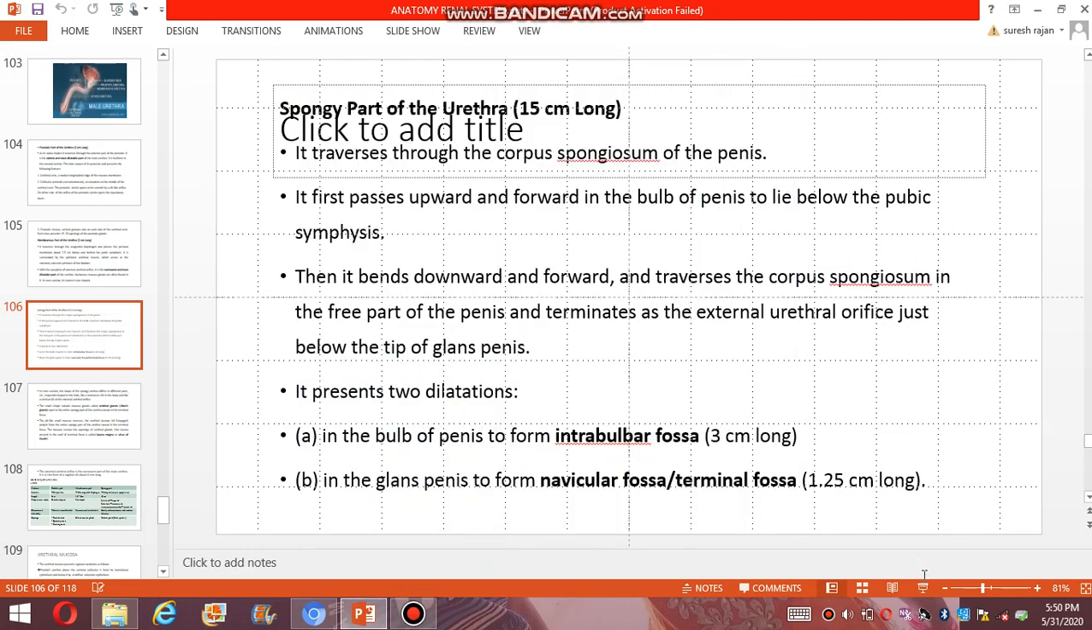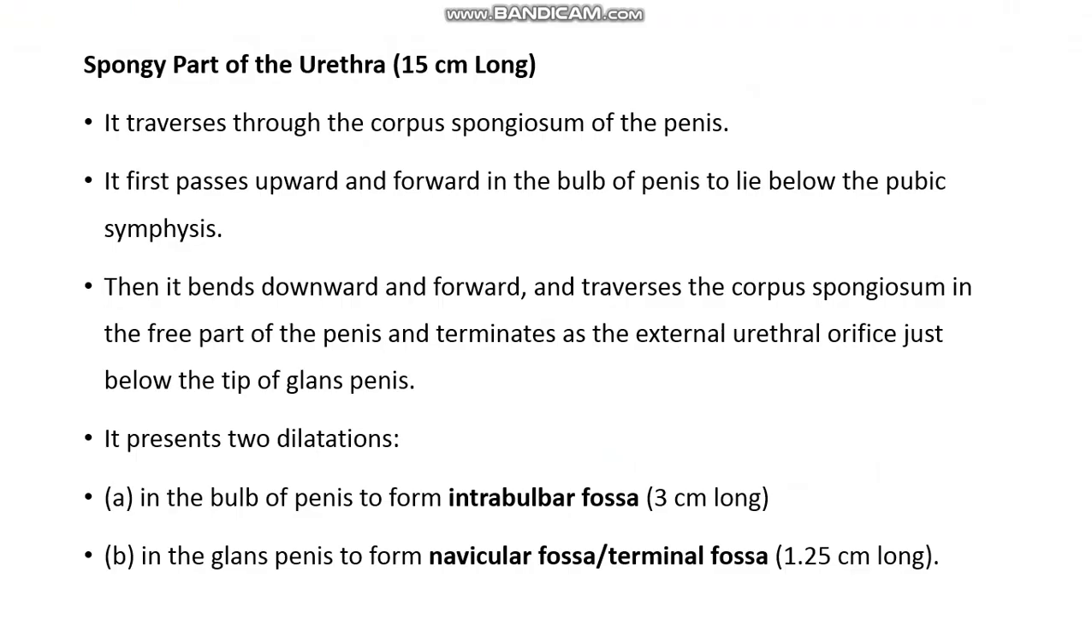Dear students, we can continue with this spongy part of the urethra. So, എന്താണ് സംഭവിക്കുന്നതെന്ന് വെച്ചാൽ സ്പോഞ്ചി പാർട്ട് ഓഫ് ദി യുറീത്ര ഇനീഷ്യലി പാസ് ചെയ്യുന്നത് അപ്വേർഡ് ആൻഡ് ഫോർവേഡ് ആണ്. എന്നിട്ട് അത് പ്യൂബിക് സിംഫൈസിസ് പ്യൂബിസിൻ്റെ ബിലോ എത്തിക്കഴിയുമ്പോൾ അത് ഡൗൺവേർഡ് ആൻഡ് ഫോർവേഡായിട്ട് മൂവ് ചെയ്യും. ദെൻ അത് കോർപ്പസ് സ്പോഞ്ചിയോസിലൂടെ ട്രാവൽ ചെയ്തിട്ട് ടെർമിനേറ്റ് ചെയ്യുന്നത് എക്സ്റ്റേണൽ യുറീത്രൽ ഓറിഫൈസിൻ്റെ അവിടെയാണ്, അതായത് ജസ്റ്റ് ബിലോ ദ ടിപ്പ് ഓഫ് ദ ഗ്ലാൻസ്